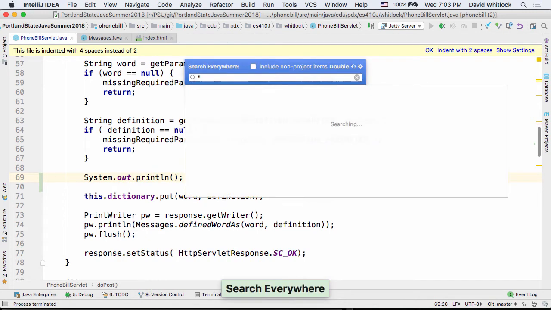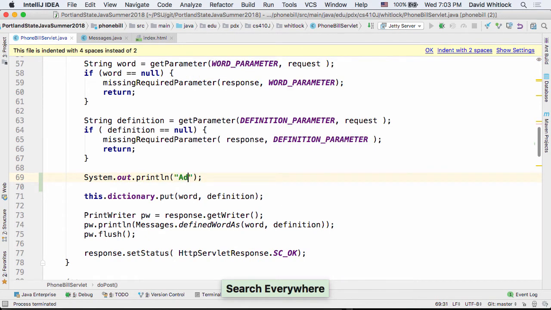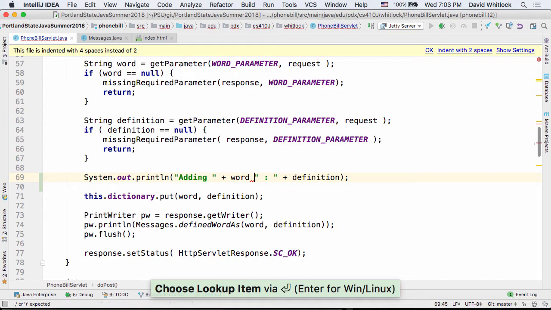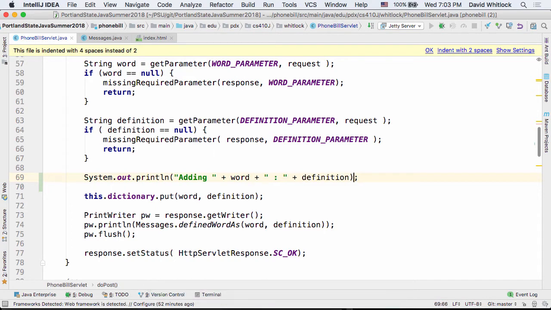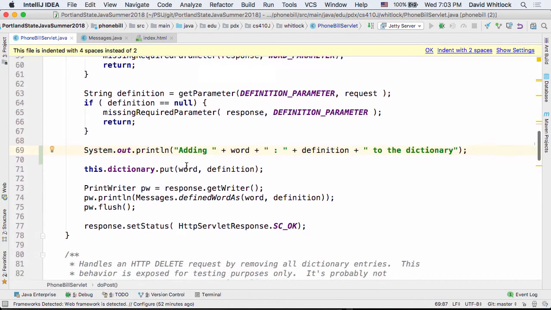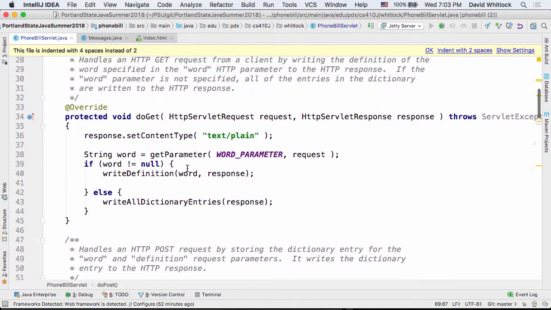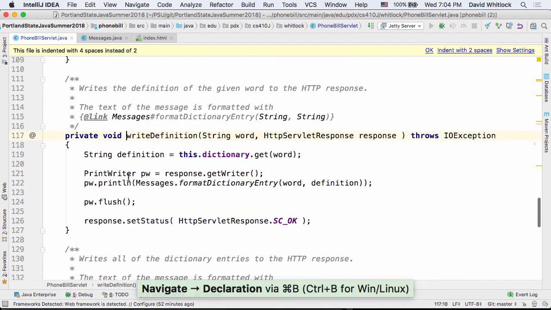I'm going to say adding word definition to the dictionary. I'm going to have that there, and then in write definition, I'm going to say